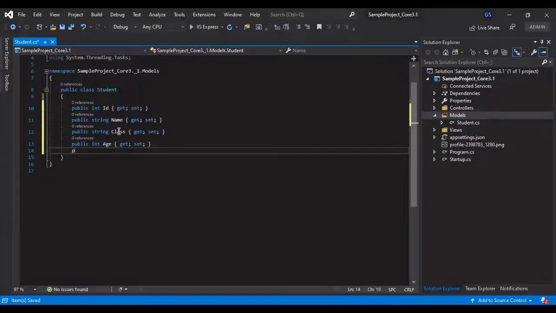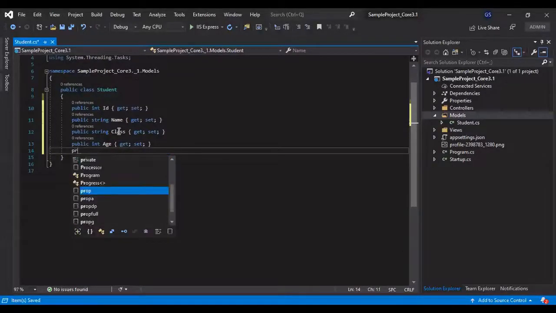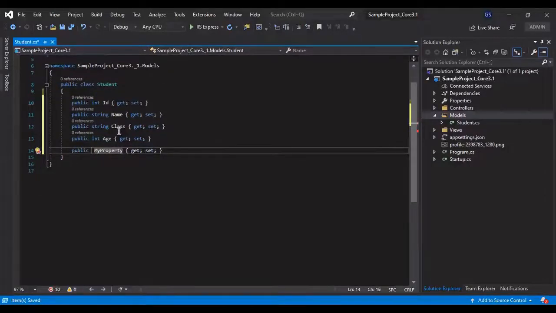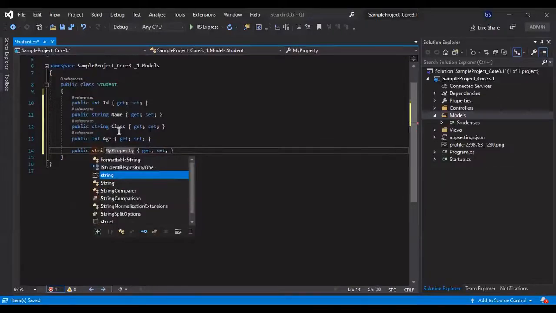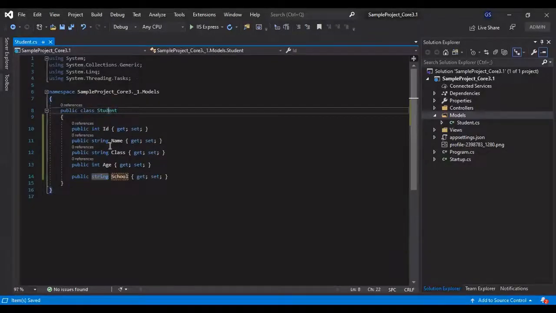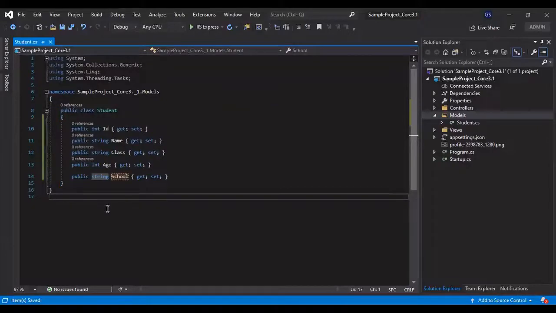Enter, prop. We need a school name. School is a string type, so we'll call it School. Okay. So now we have added the model to represent the data, but we need another model to process or